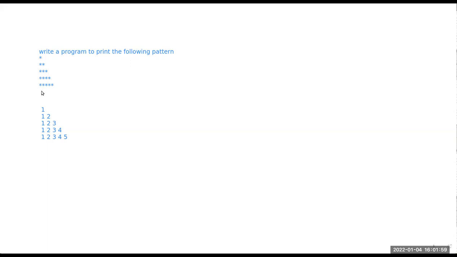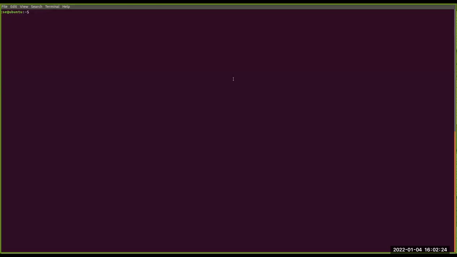So I think that this pattern of 1, 2, 3, 4, 5 was done by you people. So I'm going to show you the output of this particular problem, and then I'm going to give you the next pattern that you will need to do. Right. So let me go for the output section.